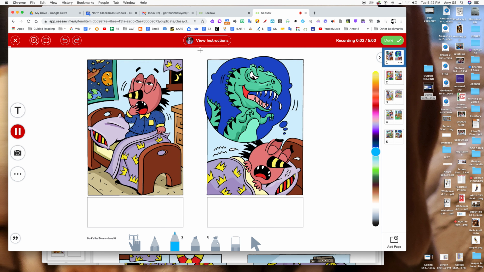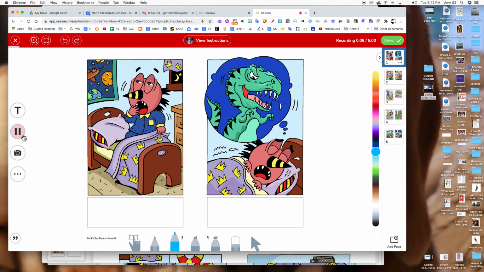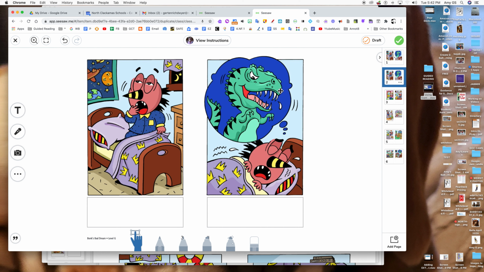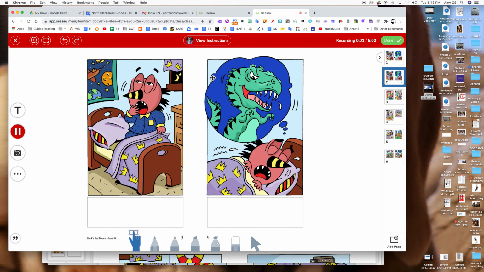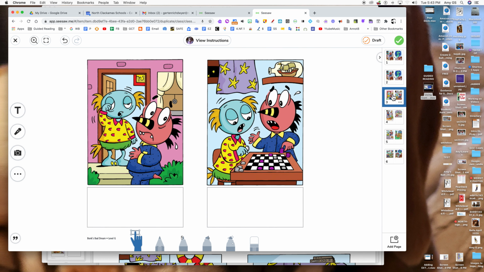So I'm going to say, I think this is what's happening here because X, Y, Z, and. When I'm done, I'm already done with that. Now I can continue to go. And on the second page, I think, and I can do that. So what I want to do is record on each page. So now when I go to this page, I'm going to click here, start recording, record, stop. It's still pulsing, thinking that I want to continue. I'm going to say done. Now I can go to the next page, record,